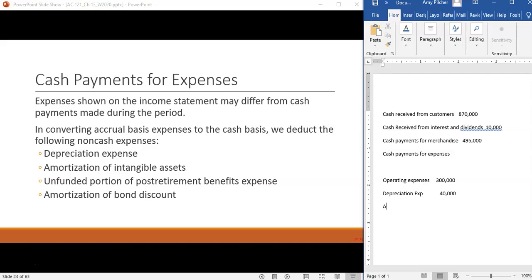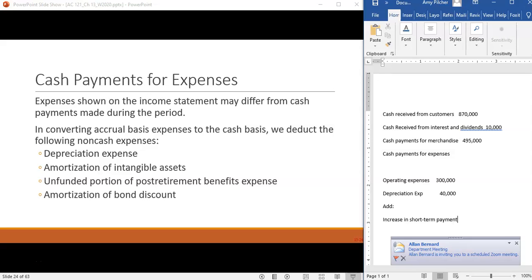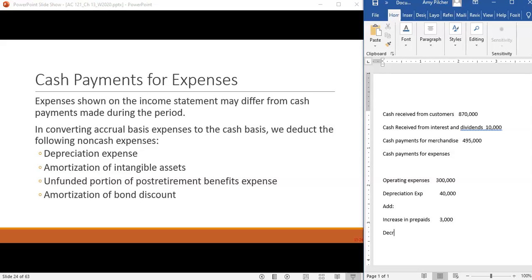We're going to add changes. So we have an increase in short-term payments, or our prepaids, of $3,000. And we have a decrease in accrued liabilities of $6,000. So we take our operating expenses, subtract depreciation expense, add our increase in prepaids and our decrease in accrued liabilities, we get cash payments for operating expenses